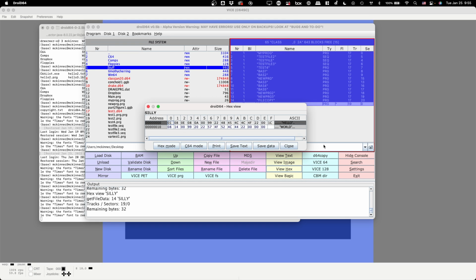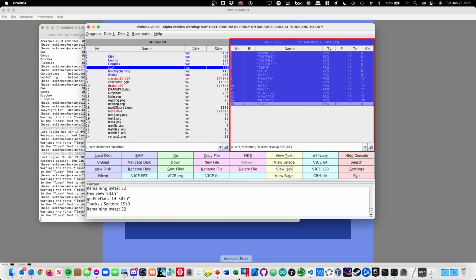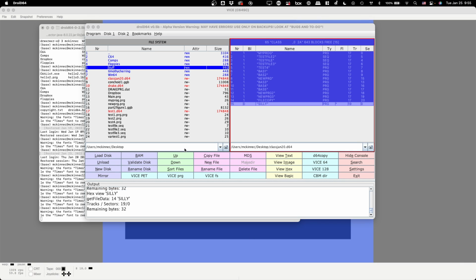Okay, so questions on that? No? And if you had 50 lines of basic, it'd be the same thing. Just there'd be a pointer at one end, line number following, 00 to end the line. Okay, good. Now, the next thing I wanted to do is, let's say I open up a text